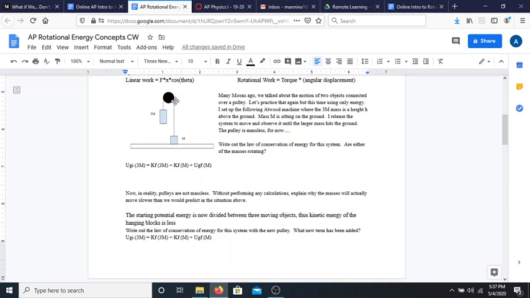But what we can do is a little trick, just make our lives a little bit easier. If the gravitational potential energy of an object doesn't change, you don't need to include it in your law of conservation of energy. So I'm not going to include that. So we start with the same potential we did before. We end with the same objects having kinetic energy. And of course, the small block now has potential. But we now have to include the rotational energy. So I'm just going to put KROT for rotation